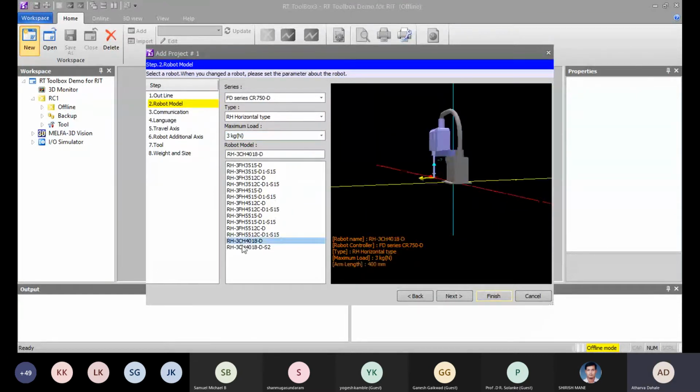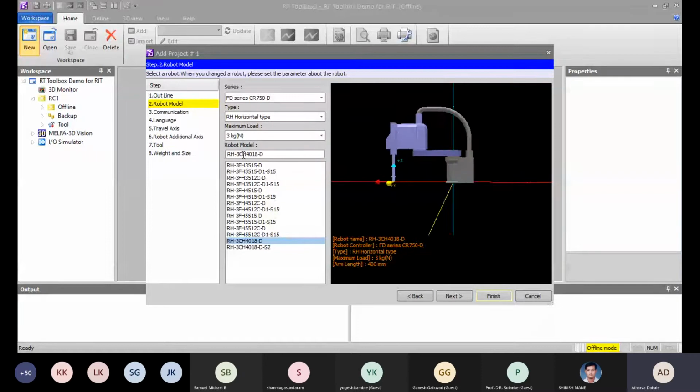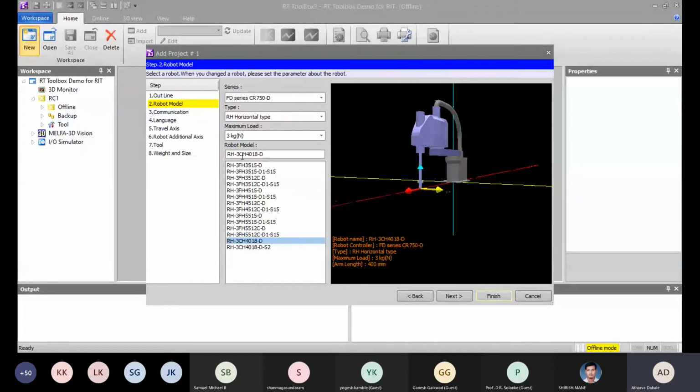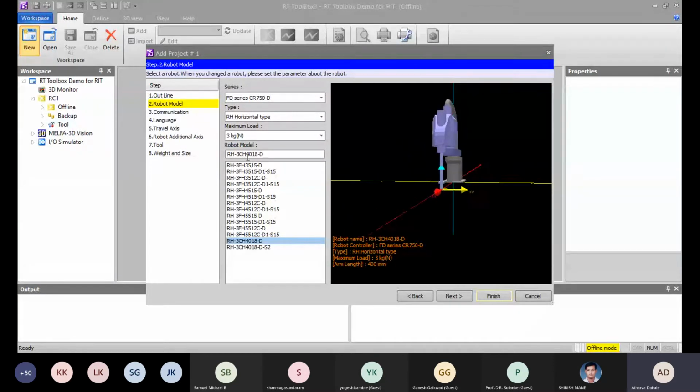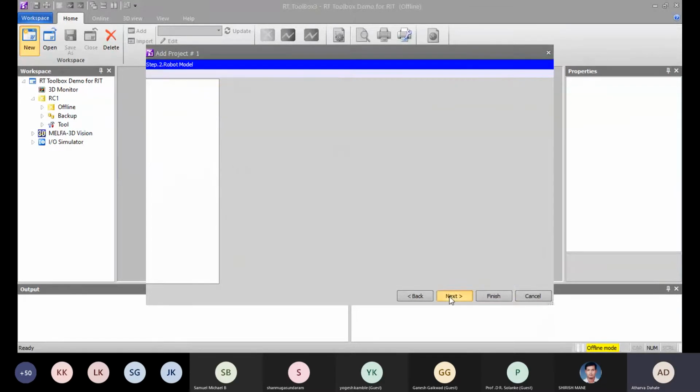So our robot is this one, RH3CH4018B. RH means horizontal type, 3CH means its payload capacity, and the 4 means how many axes it has. So horizontal type, 3 kg of payload, and it has a total of 4 axes. Then again we have to click on next.